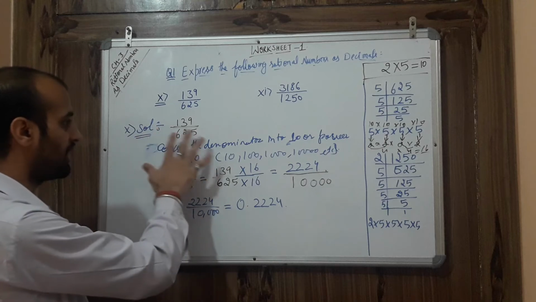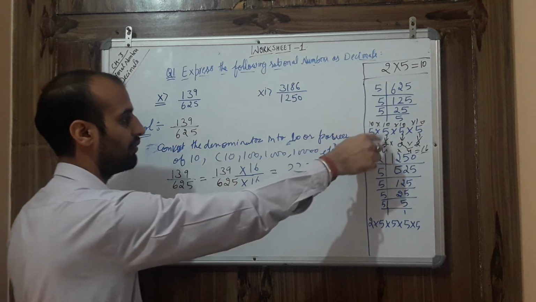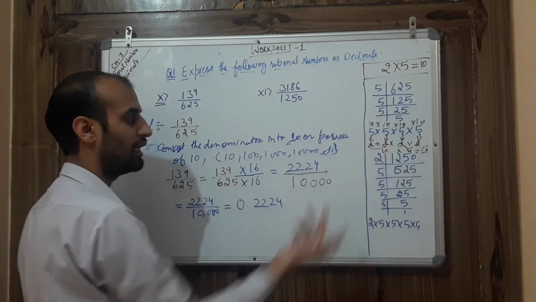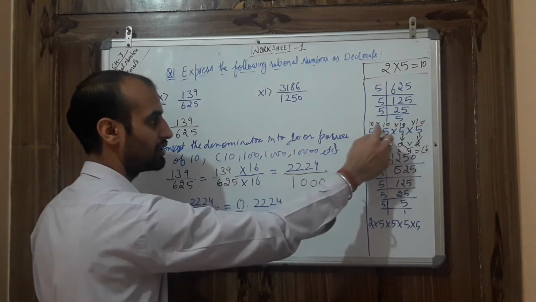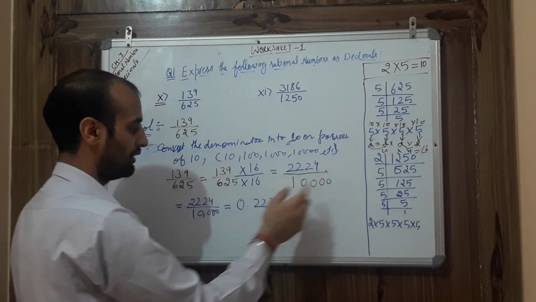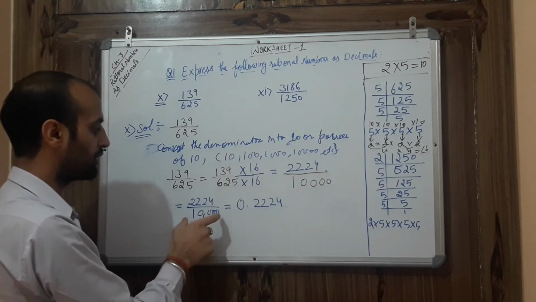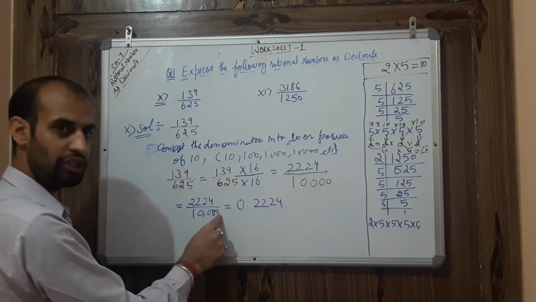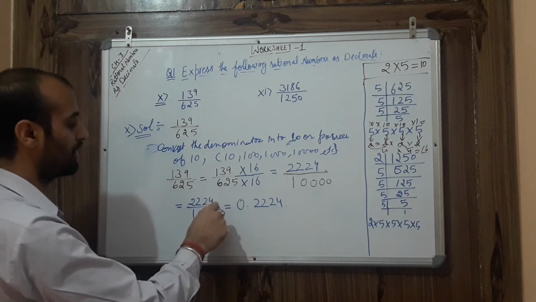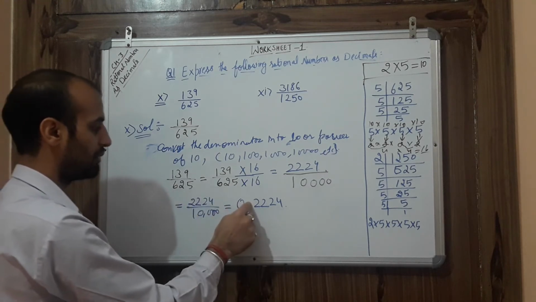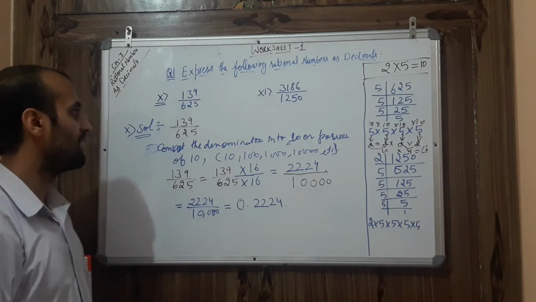So let's see what I did, my dear student. Nothing special, just write the question as such. Split the denominator in this way, factorization, and find the factors. Like 5 is with you, then find 2, so that we can make a pair of 5 and 2, it becomes 10. So you will get 4 times 10. So directly write 1 and 4 zeros. Then you have to multiply 16 and 139 and you will get this answer. Next, how to convert into decimal? Shift. Count how many zeros are there. 1, 2, 3, 4. So shift the decimal 4 digits. 1, 2, 3, 4. So the decimal would be here. In this way you can represent it in decimal form. So let's take your next part.